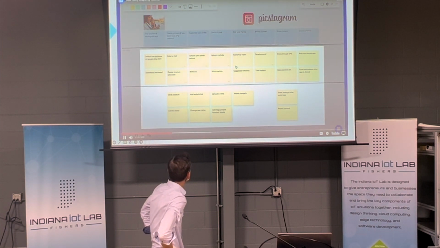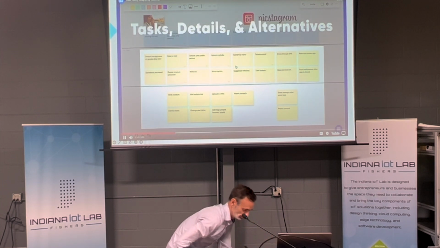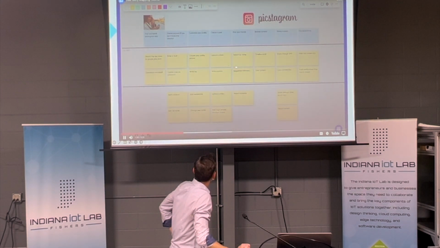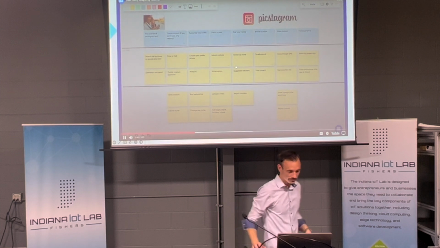Shown here as yellow sticky notes, the body of the map is made up of tasks. These are the actions the user is taking as they are using your product. The body can also contain details that are relevant to the task, as well as alternative ways to perform a task. The top of the map is made of activities. Activities group the tasks below them, giving them a simpler name that is a good summary. Activities make it easier to discuss a map without going over every part in detail.